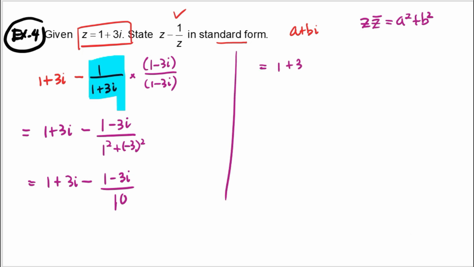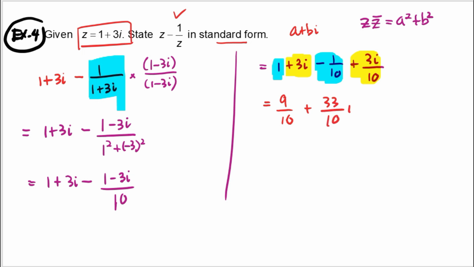So 1 plus 3i minus 1 over 10, plus 3i over 10. So we have to add the real part with the real part and the imaginary part with the imaginary part. So let's try to solve this. 1 minus 1 over 10, meaning to say we get 9 over 10, and 3 plus 3 over 10, so of course we get 33 over 10i. So this is our final answer for this